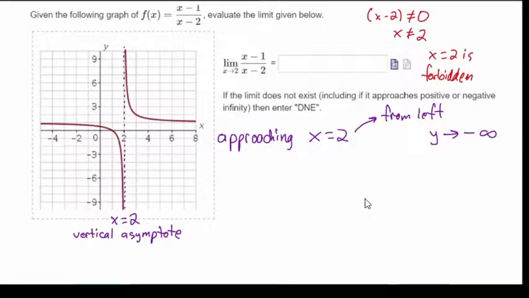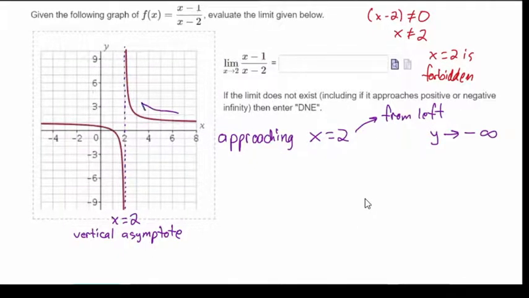And as we approach from the right, sorry, I reversed that. Let's fix that real quick. As we approach from the left, no, it's fine. So we're approaching from the left. We went to negative infinity, so coming from the left, which means moving to the right, went down to negative infinity. Now we're approaching from the right, so we are moving left. Our value is going to shoot up. We're going to have a very large value. So as we come from the right,